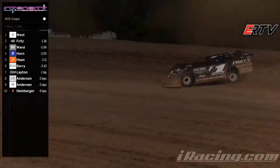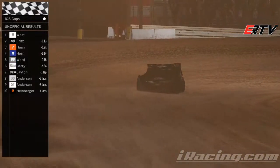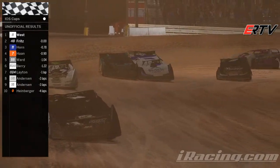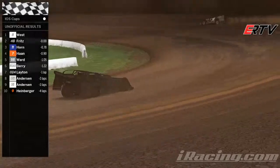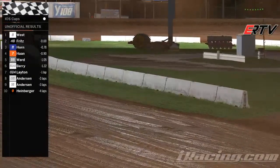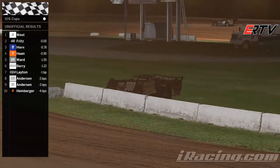Jeffrey West is coming through turns 3 and 4. And as he comes off of turn 4, Jeffrey West is going to get the win. Scott Fritz is going to come home second. Who's going to get third? It's going to be Tyler Horn, as the 55 of Dale Ward, it looked like Tyler Berry goes spinning off into the infield, and